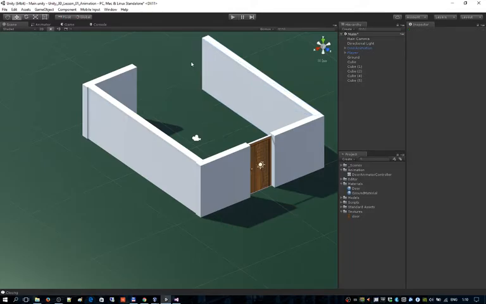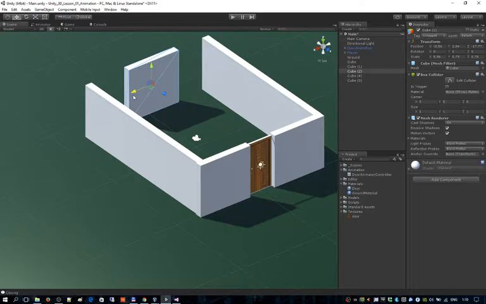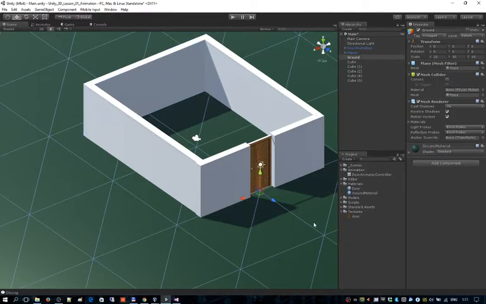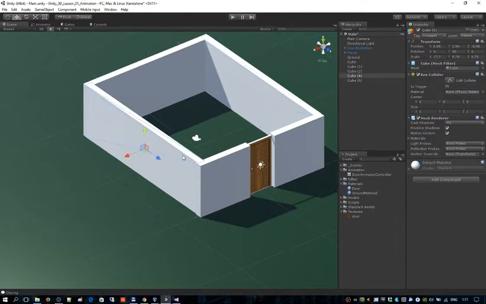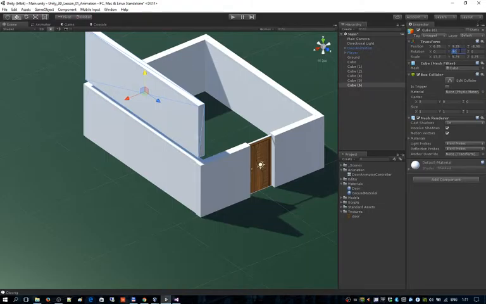I think I don't need this. Let's move it to the center, make it a little bit bigger using the x-axis. Okay, so a simple house. Let's duplicate it, move it higher, rotate on